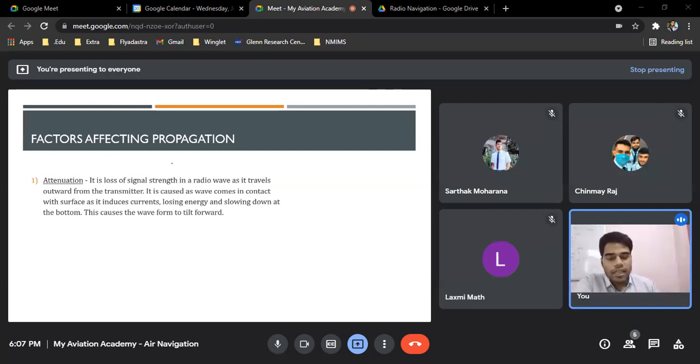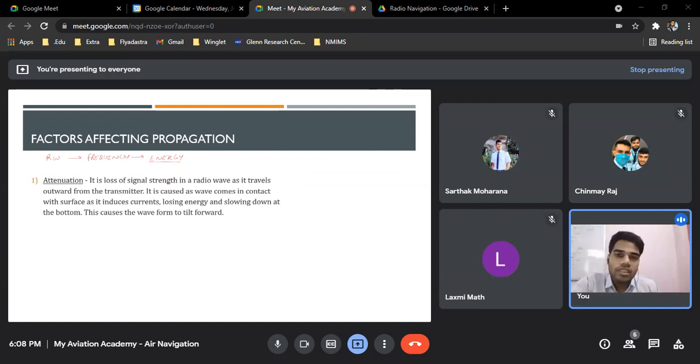Basically, you need to understand that radio waves have a frequency. The frequency is basically how much a particle is vibrating in a second. So we can say that frequency is basically your energy. Take an example of yourself. If you start walking from your house for, let's say, 1 kilometer, you will start to lose some energy. That's the same thing which happens with radio waves. When they start traveling outward, they start losing some energy.